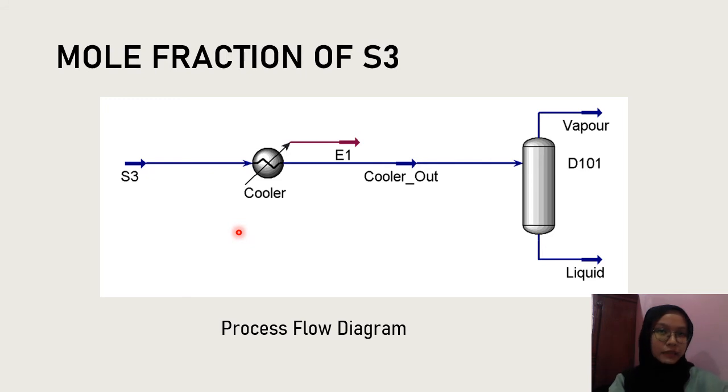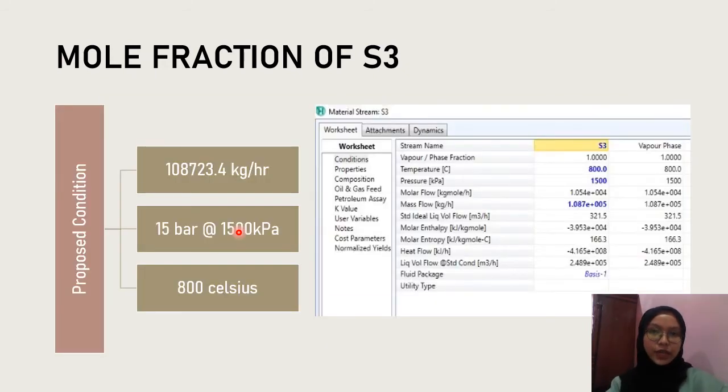So now I'll be talking about the mole fraction of stream 3. This is a process flow diagram where we have a cooler and a separator. Based on the article that we have read, the proposed condition for our stream 3 is 800 Celsius, 15 bar, and based on the calculation made in chapter 2, the mass flow rate is